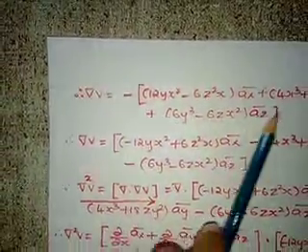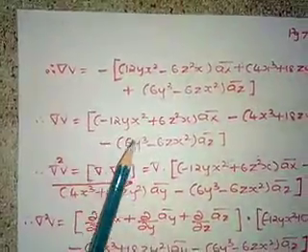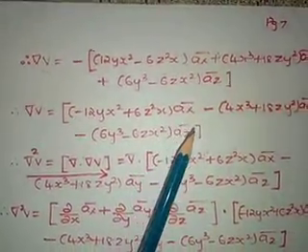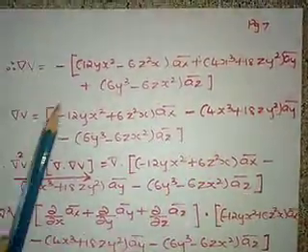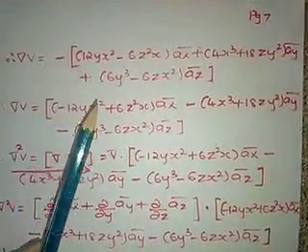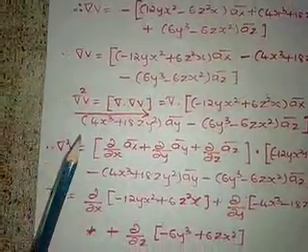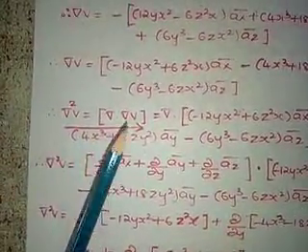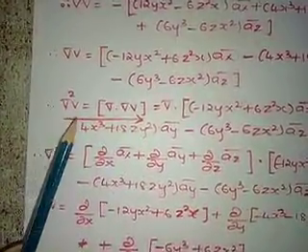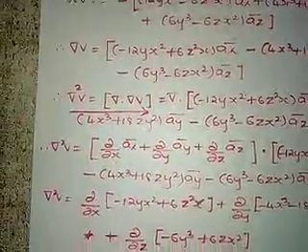So if you multiply minus throughout, you get del V is equal to minus 12yx square plus 6z square x ax bar, minus of 4x cube plus 18zy square ay bar, because minus into plus is minus, and again minus of 6y cube minus 6zx square az bar. Therefore del square V is what? Del dot del V. Del dot del V is del square V. Remember this.